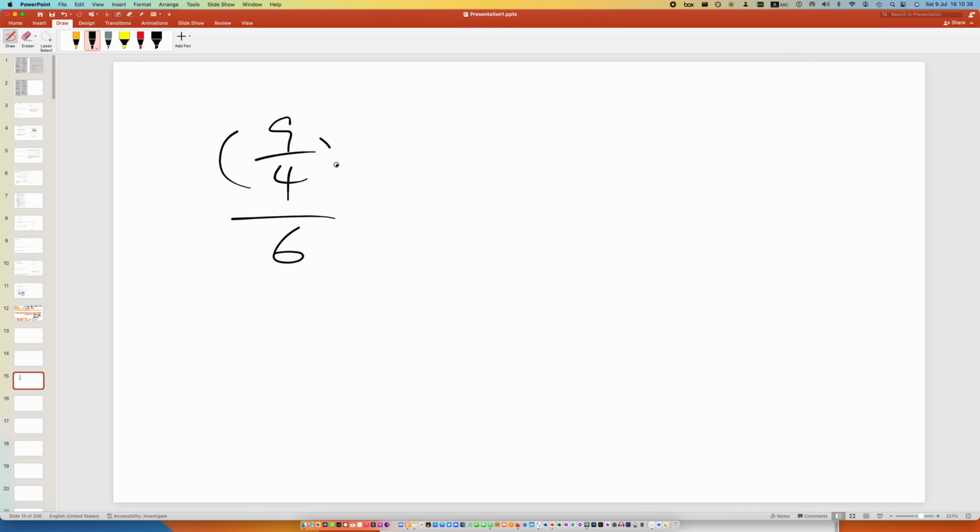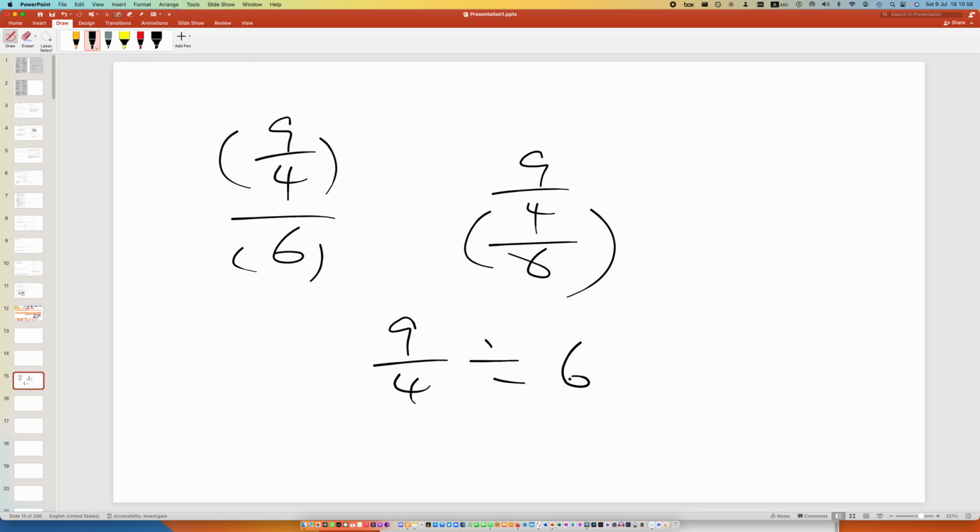Do you know that you can see it as this? Or you can see it as this also. Okay, so which one is it? Which one you want? I don't know. So therefore you don't write this. That means you are not supposed to write two fractions over. So if you have over, you need to do this. And then you change the divide to, yes, and you end up with,